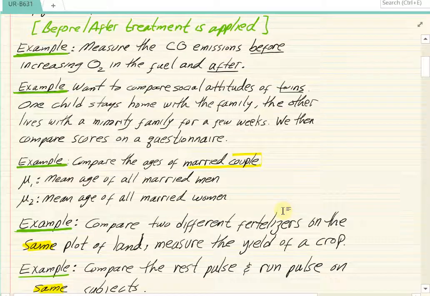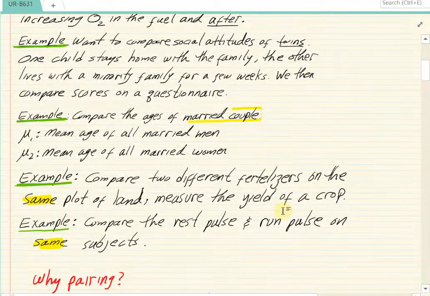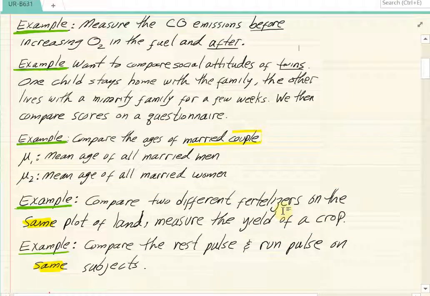Here's the other example I have for you. This should be the end of it. Okay, so here's the other example I have. Suppose we have two fertilizers, fertilizer A and fertilizer B, and we're going to apply these fertilizers on the same plot